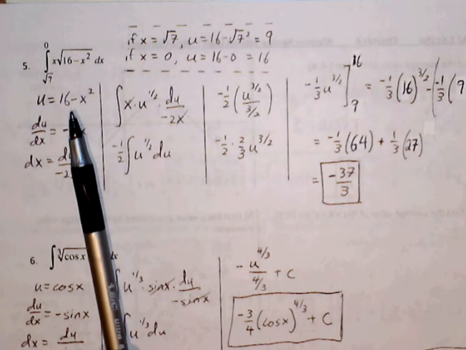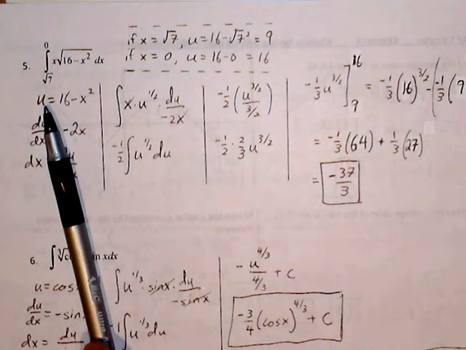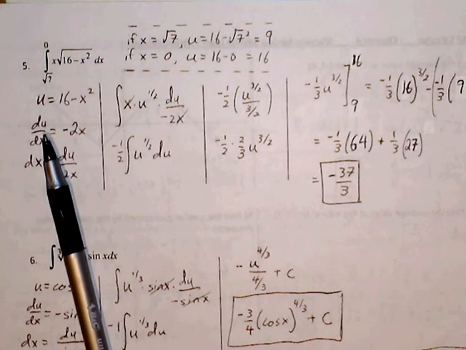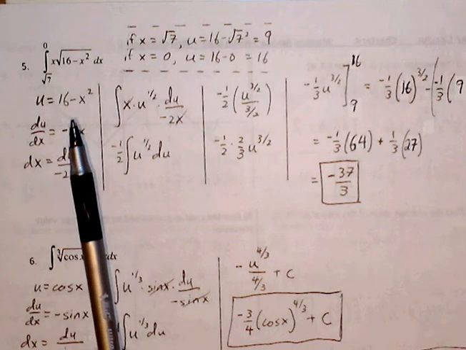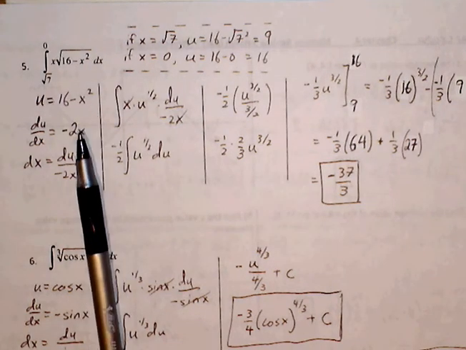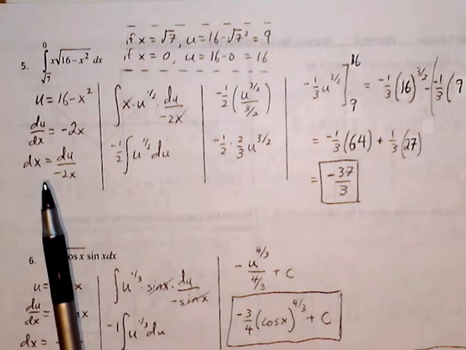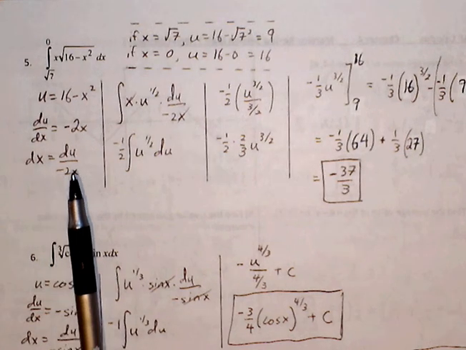All right. And we can find the derivative. So the derivative of u with respect to x is written as du over dx. So the derivative of 16 goes to 0. Negative x squared becomes negative 2x. We cross multiply, solve for dx. dx is simply equal to du over negative 2x. So we make our substitution